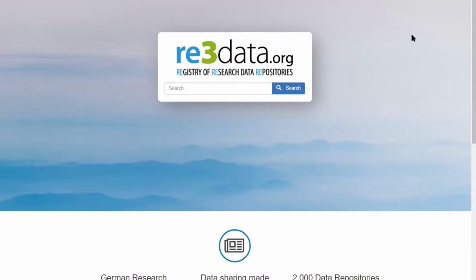So this is Re3 Data. This is the Registry of Research Data Repositories. And this is where I usually point folks when they come and ask for a research repository suggestion. As you can imagine, there are hundreds of them out there. It's impossible to keep track of all of them. This site is a really good aggregator of those. So to find those, I go up to this Browse button here, and I like to click on Browse by Subject. And then if we do that, as soon as it loads here,